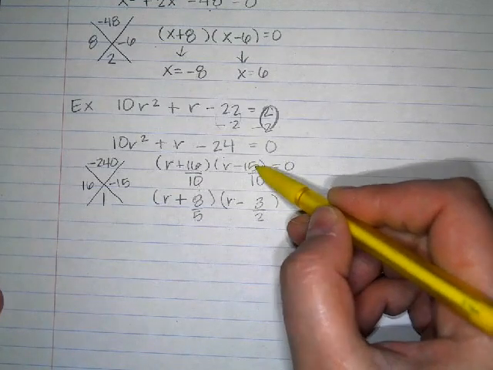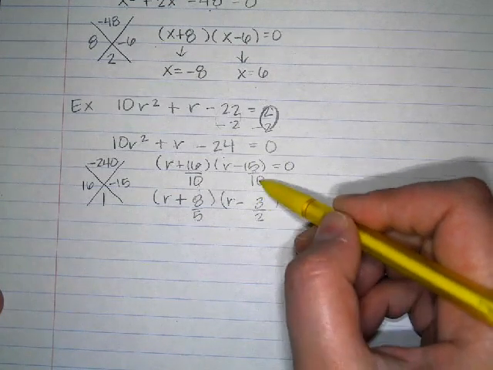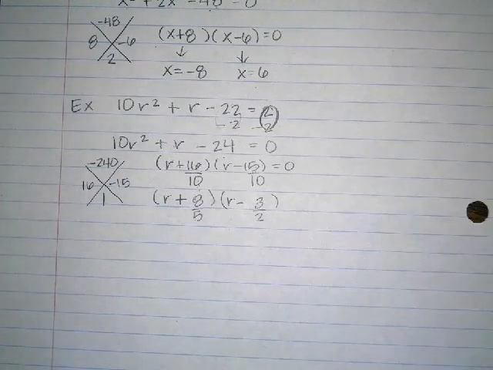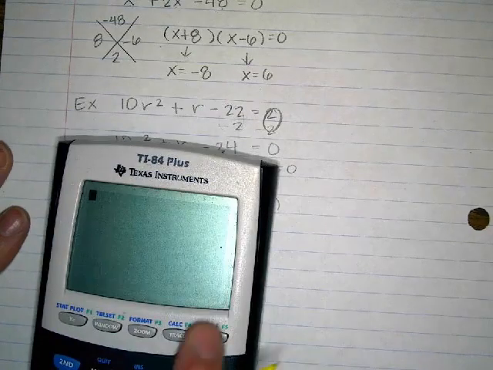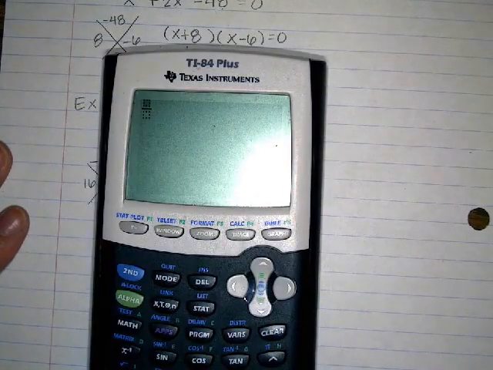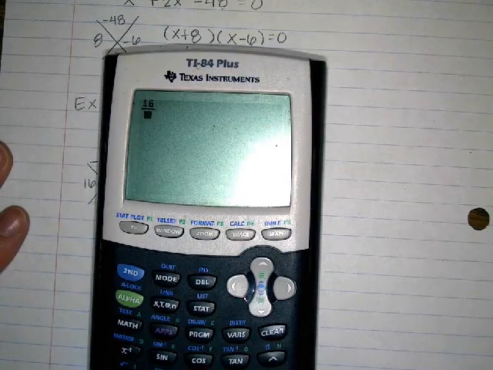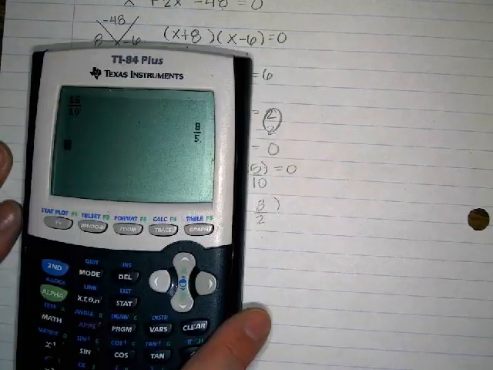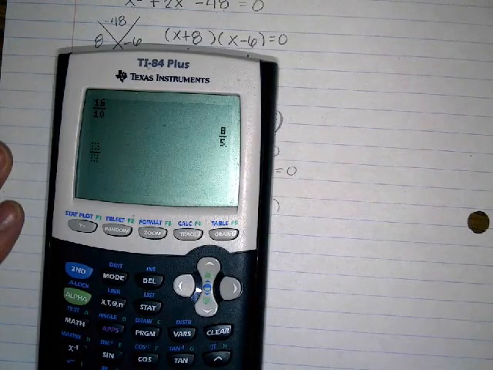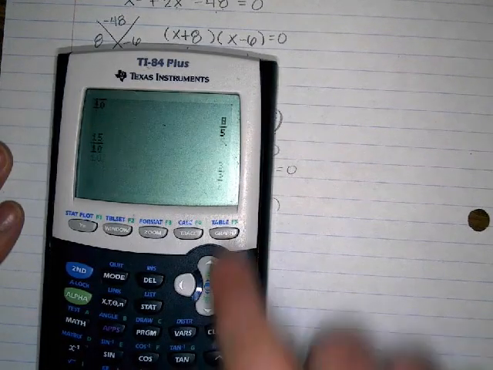Now, if you didn't want to do that in your head, you could always say alpha y equals and do 16 over 10, and your calculator does it for you, 8 over 5. Alpha y equals 15 over 10, and your calculator would do it for you, 3 over 2. And then we have to do bottoms up. So you get 5 over